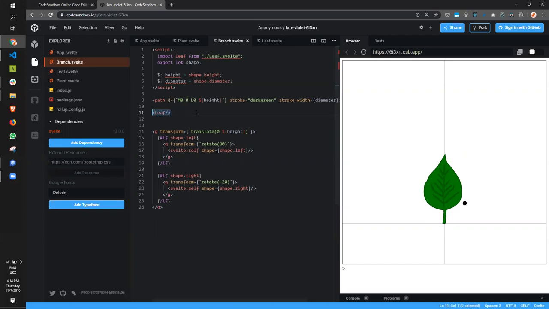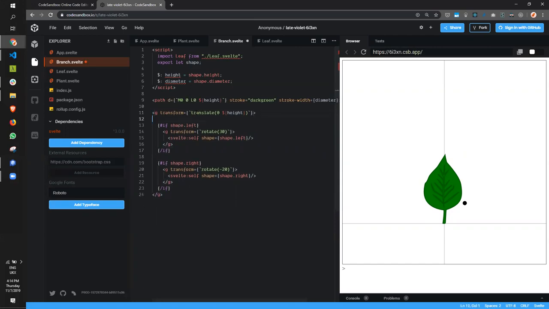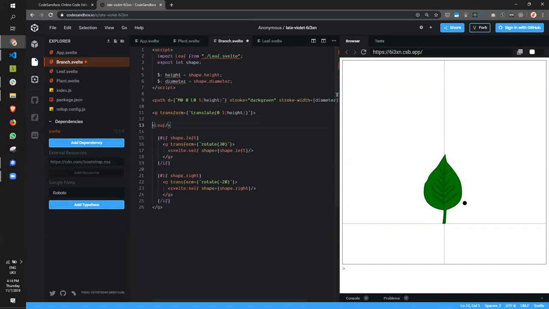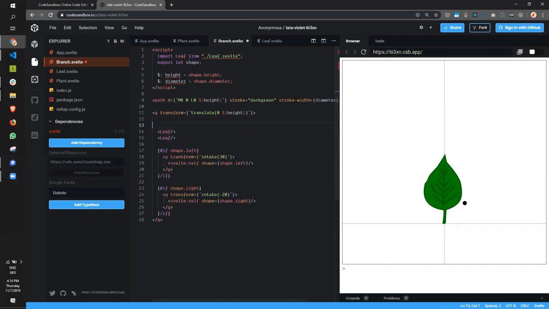What we are going to do is place two leaves at the end of each shape. So here, let's do a transform in each of them. To transform, let's say rotate